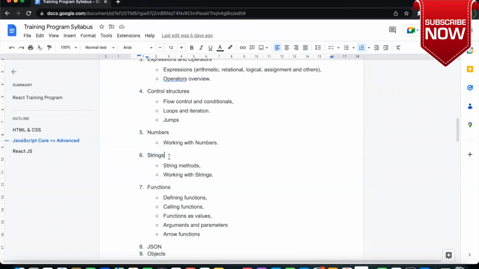So tomorrow we will start learning about functions. We will see how to define a function, call a function,